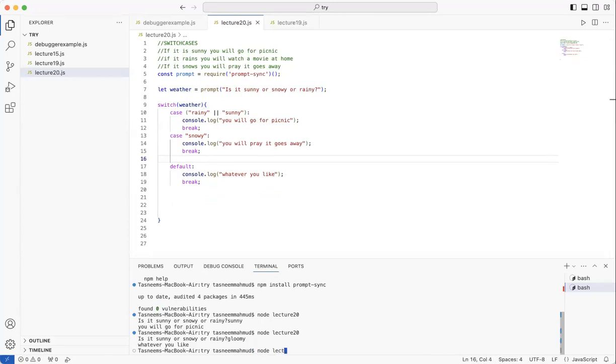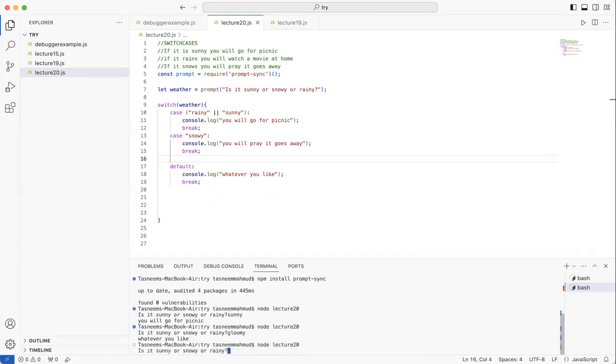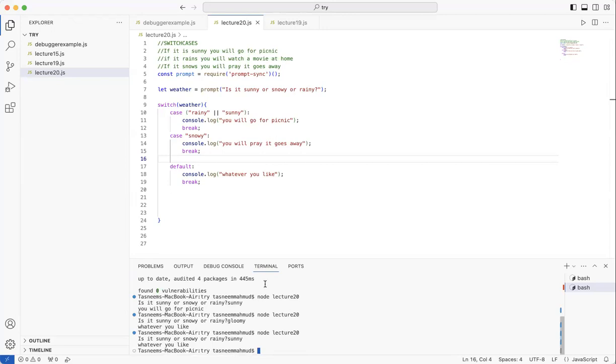Node lecture 20. So is it snowy? Let's write it's sunny. It just shows an error. Just give me a sec. Yes, let's debug. As you can see, it is not showing the correct one.